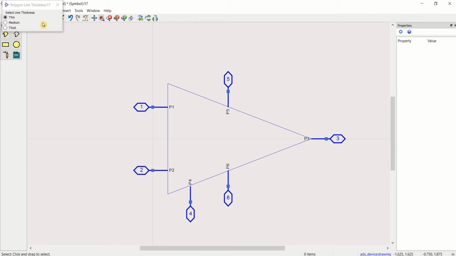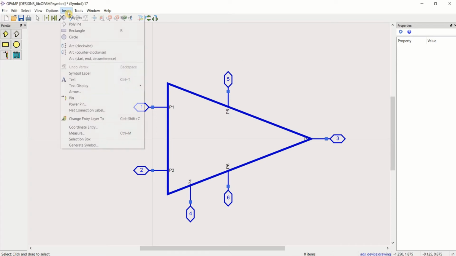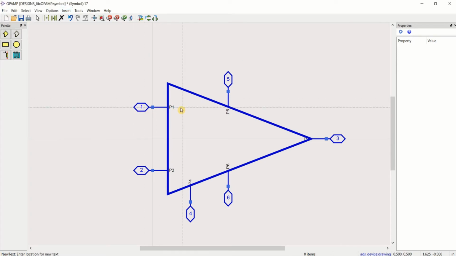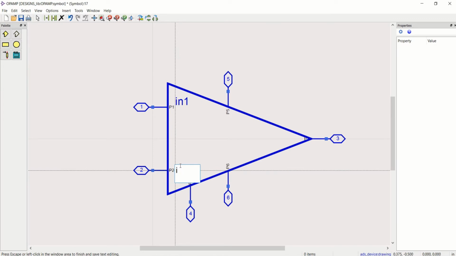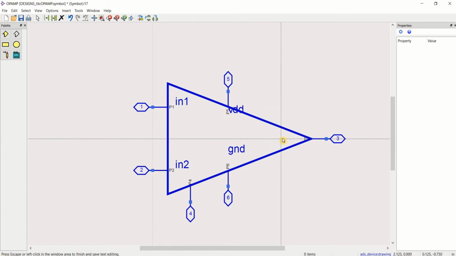You can place the text for better readability. Insert text, port 1 with in1, in2, this with VDD, ground, out and V bias.